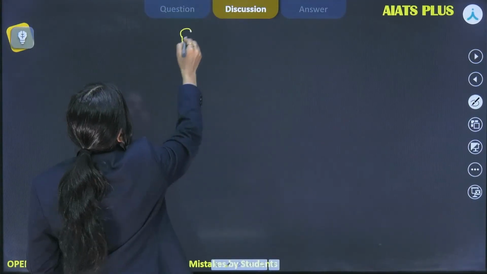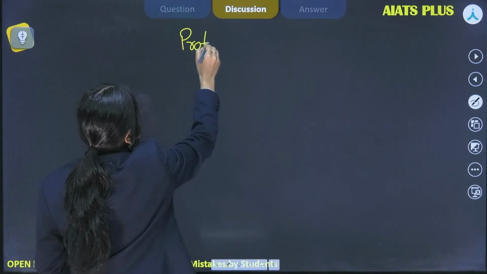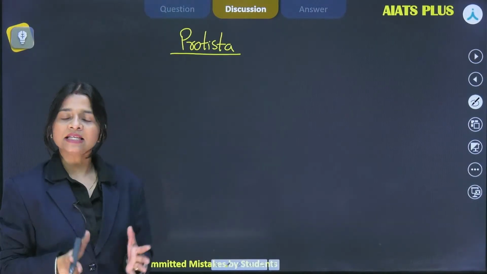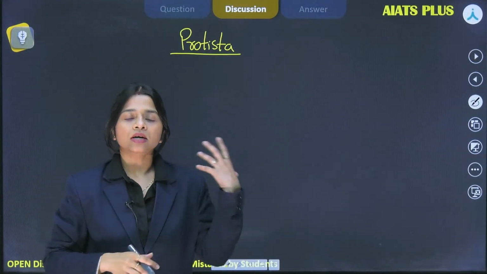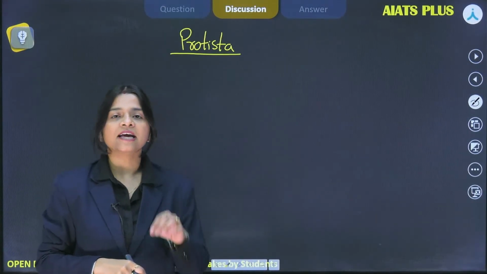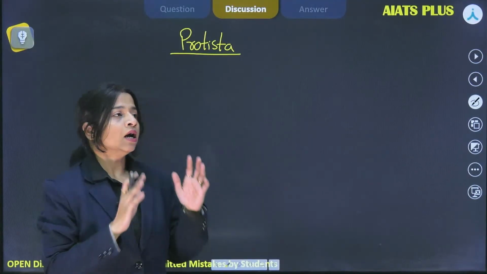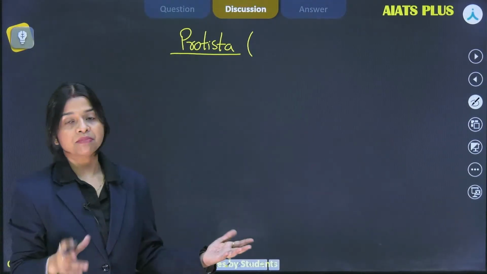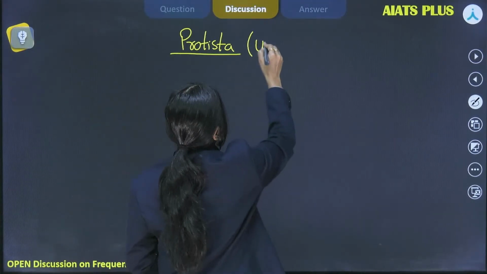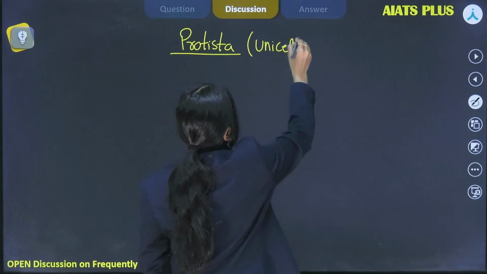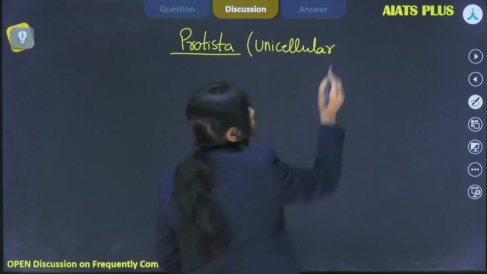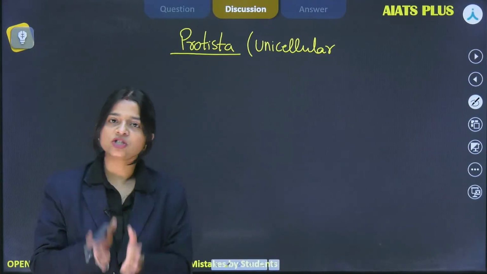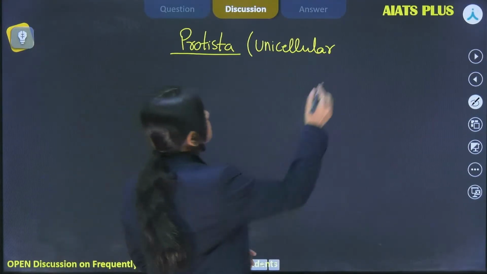So the main kingdom that we are considering is the kingdom Protista, and this Protista kingdom has organisms or members that have a very precise and particular feature that is applicable for all its members, that is they are unicellular eukaryotes. Right, I have discussed it earlier also with you, and this particular feature should be very much clear with you, because this unicellular